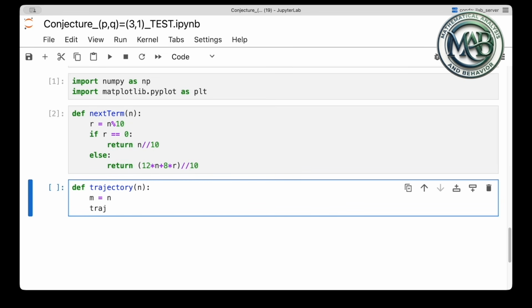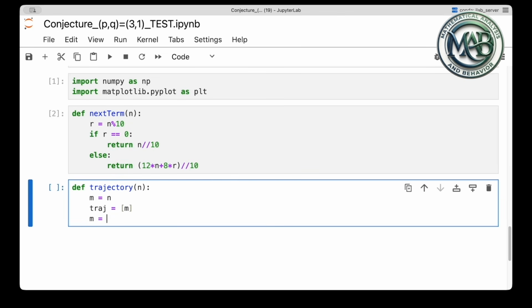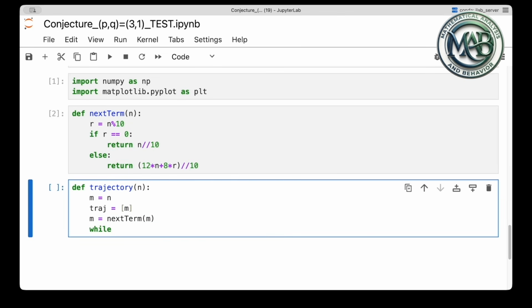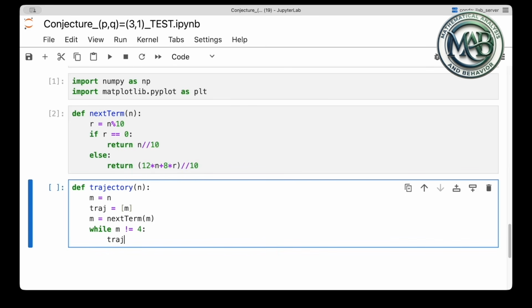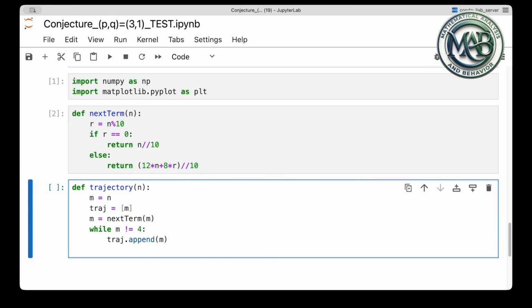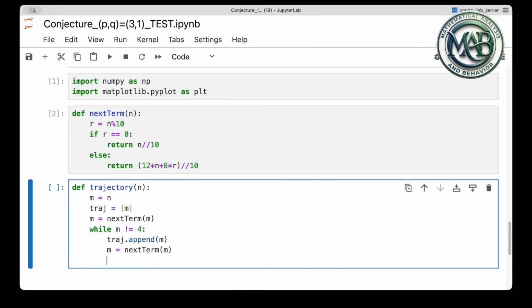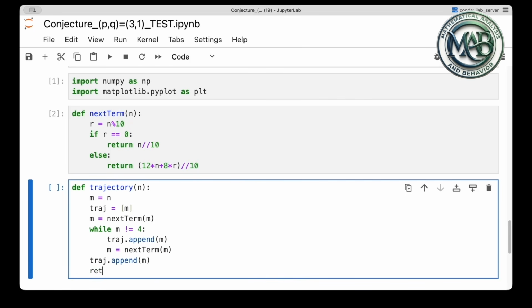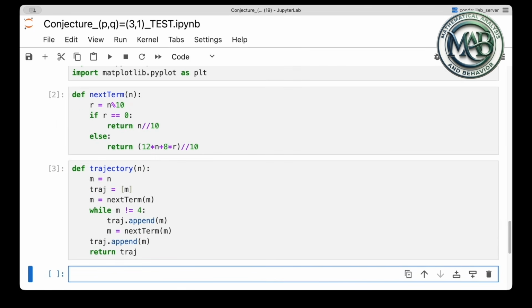Then, we define the trajectory function. This generates the trajectory as a list, starting from an input number n, and stopping when it reaches the number 4. We use a while loop to continue the calculations until our variable m equals 4, storing each step in a list called traj. Note that in the trajectory function, there is no limit on the number of iterations.